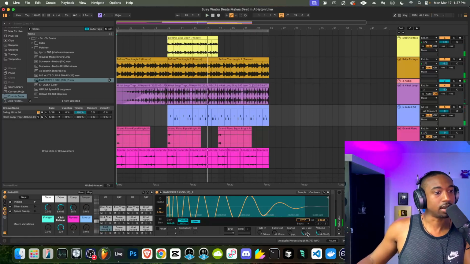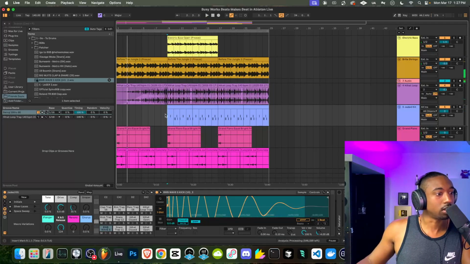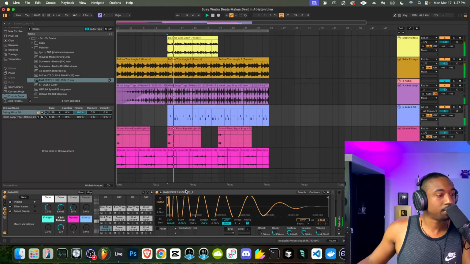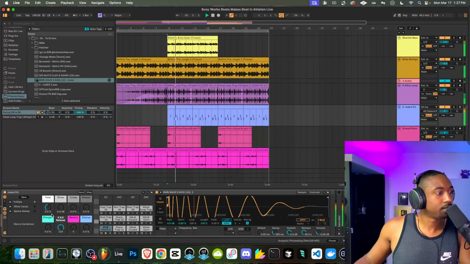Trying to figure out why this kick sounds soft. Can't make out why. That kick is usually really hard. So it must be some kind of process that's going on that, okay, the drive was up, that's why. I don't know, the kick sounds weird now.